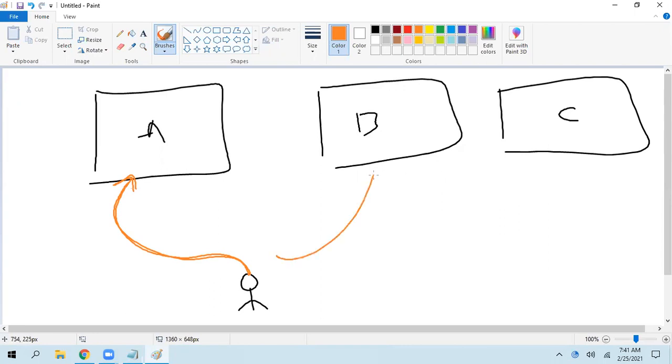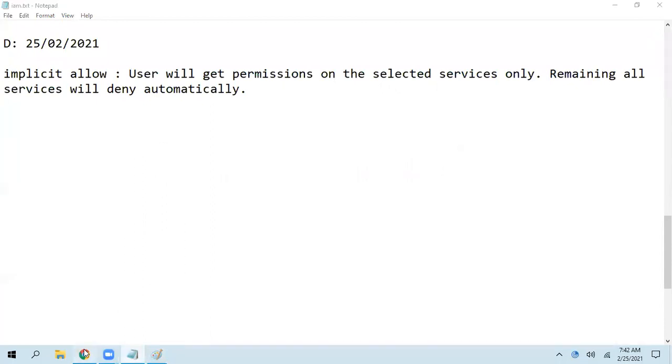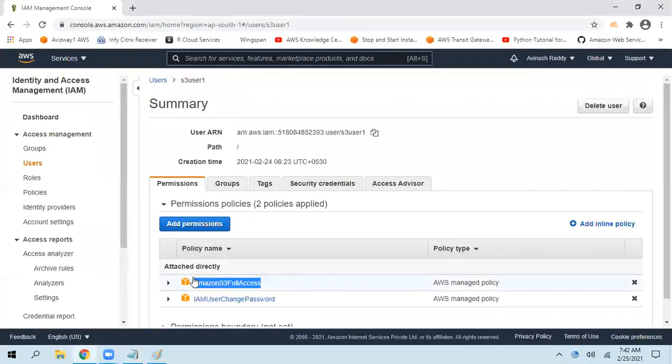If we try to access room number B, you are nowhere mentioning it to this user. So he can access only room number A. That's what I'm mentioning here. Implicit allow: whatever services you associate, whatever permissions you associate to that user, only those services he can